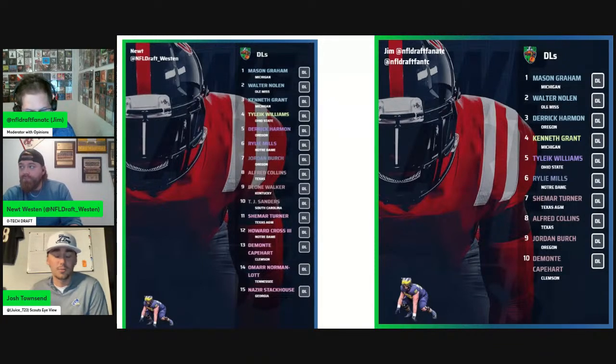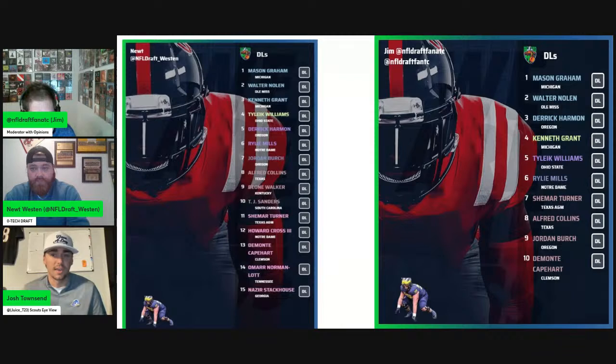But if not, you're getting a really high floor with this guy, somebody that can start for you for 8+ years while he's still young. I really like what he brings to the table. For me, he's a top 5 player on my board. I don't think it should be an overthought or overquestioned where people have him.